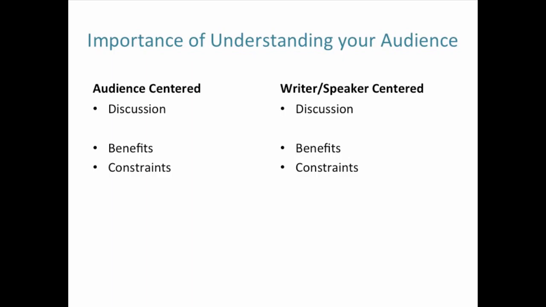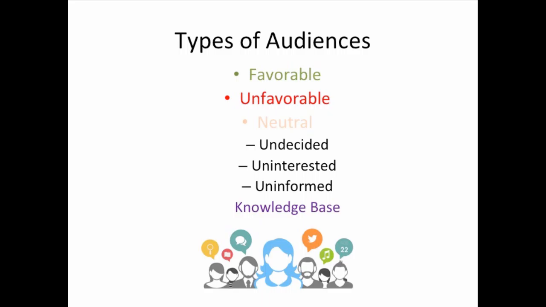Okay, so what we've come up with in my classes are just general ideas of our audience. And we're going to move into, I have another slide. Let me make sure that's in here. Yeah, okay, that's next. So what we're trying to do, especially if it's argumentative in nature, is figure out: do I have a favorable audience? Do I have an unfavorable audience? Or do I have a neutral audience? And we talk about the different types of neutral audiences. And the last one we'll spend the most time on.